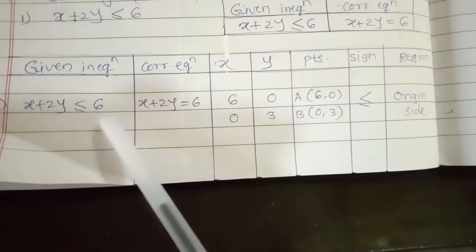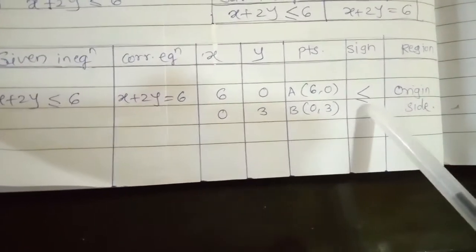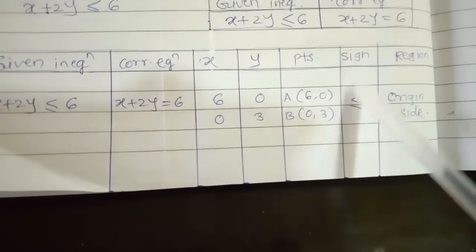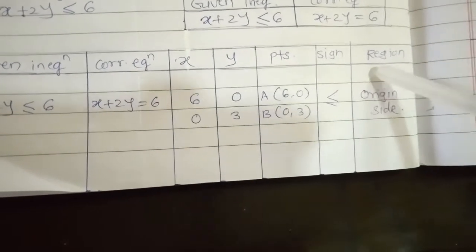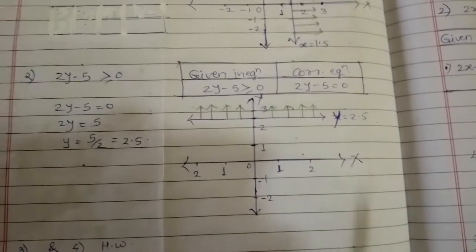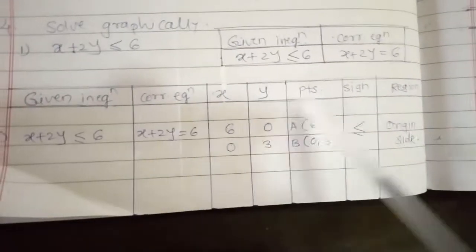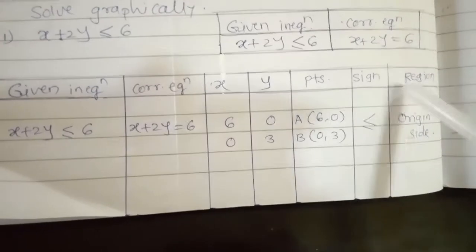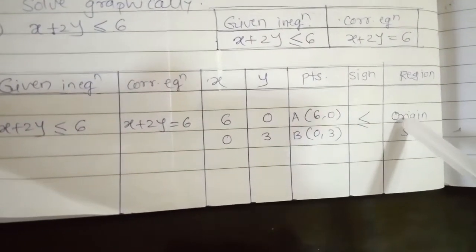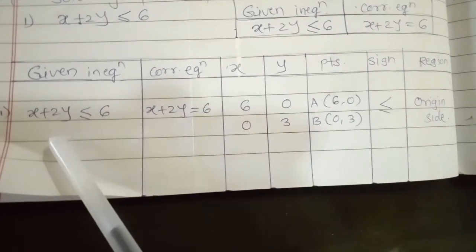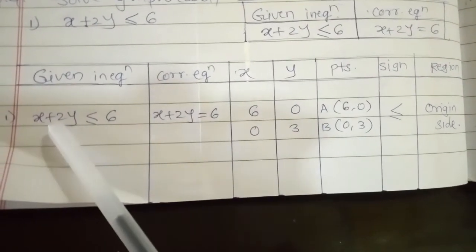In this inequation the sign you have been given is less than or equal to, so we just have to write it, or you can omit this column also. And now you have to write down the region. So what is the meaning of this region? See, in the above examples you drew arrows. In this type of example where we have to draw the arrow, we have to mention the region, meaning on which side we have to draw the arrow. For that purpose you just put the coordinates of the origin in this inequation.